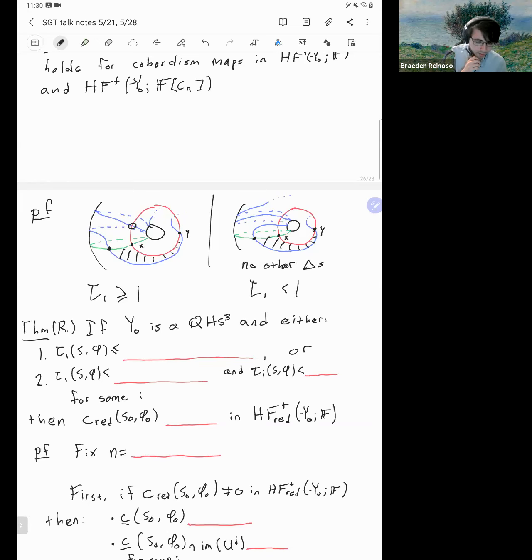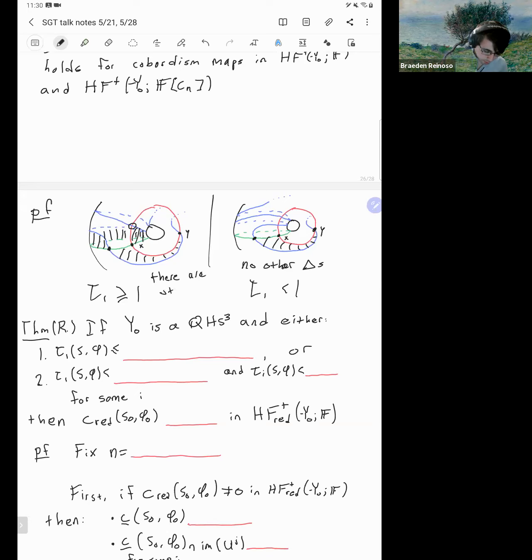But on the left side, you actually do have other triangles, like, for example, the one that we saw in the previous example, where if you kind of go around the back here and then come around the front, then, for example, you map to this generator that's circled right there. And so for fractional Dehn twist coefficient greater than or equal to 1,